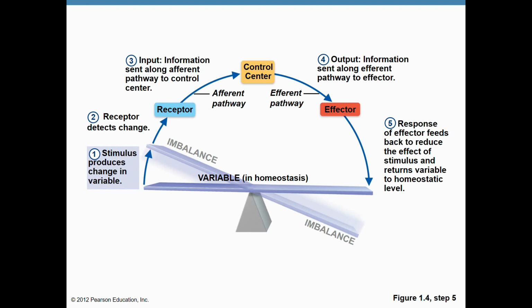So the receptor will now detect the change na mataas yung sugar level mo. Then, the receptor will now send signal to the control center. The control center will now process the information na mataas yung blood sugar level. So, anong gagawin ng control center? Pababain yung sugar level. So, ano yung kailangan? Insulin. So, the insulin will be released in the